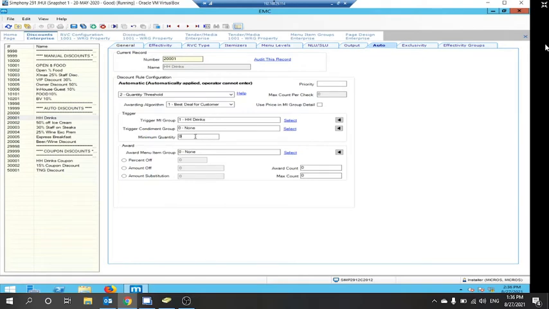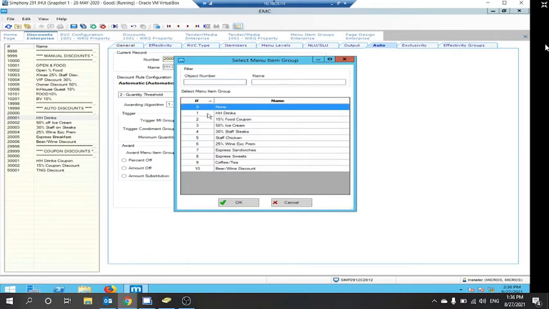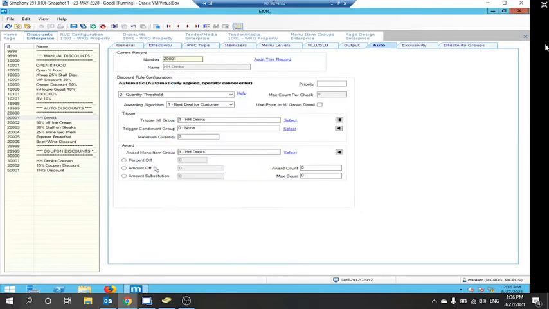So if I was to do, say, a minimum quantity of 2, and I ordered 2 quantity and then ordered the third, that third item can be discounted. So this is basically a buy a certain quantity and get whatever you want off. So if I select the same reward group, happy hour, and I do say